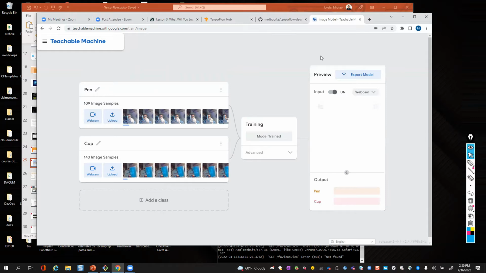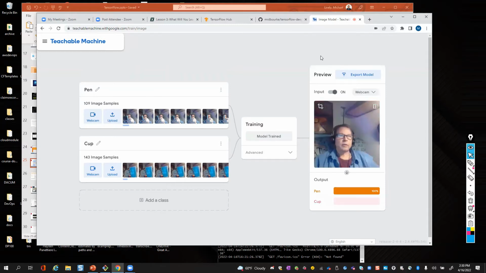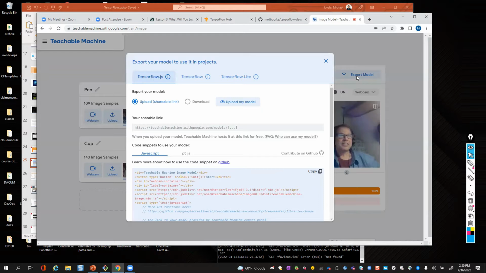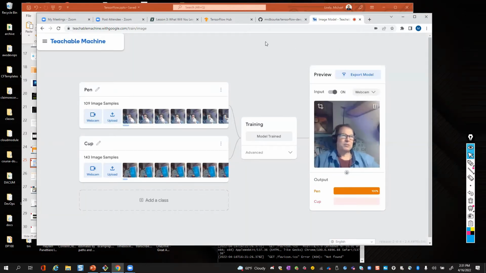With that said, it has now trained the image, and I'm going to see if I put a pin in front, does it recognize the pin? It says it's a pin. What about a cup? Does it recognize the cup? See at the bottom, it says a cup. Pin, cup, pin. See, it's recognizing what I'm holding up. So you actually can export this model, and you can put it on a machine that will actually recognize a cup or a pen. So if someone walks along, hey, he's holding a cup or he's holding a pen. That's a nice example of using transfer learning.